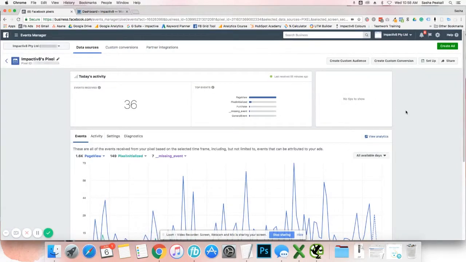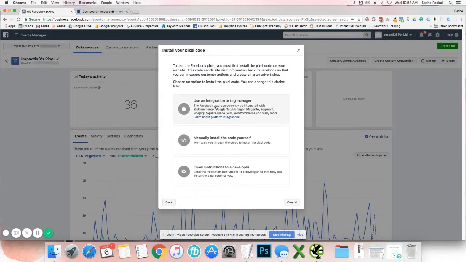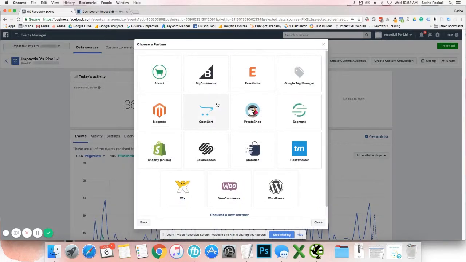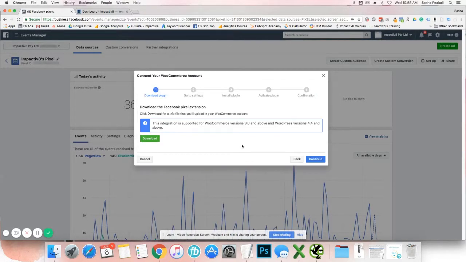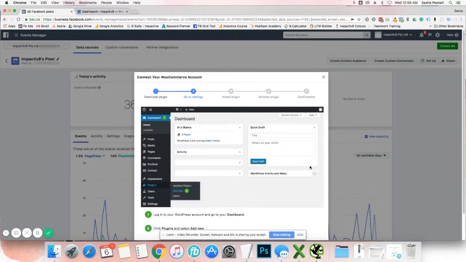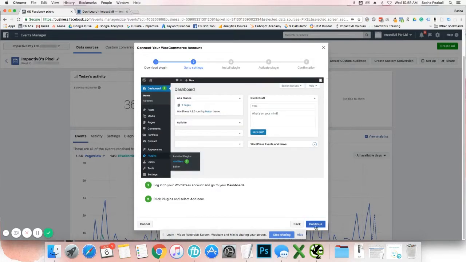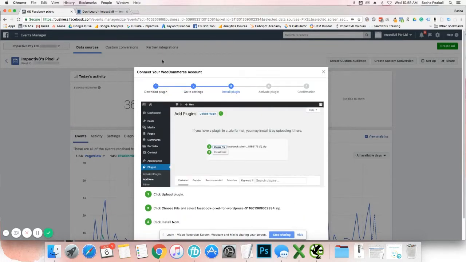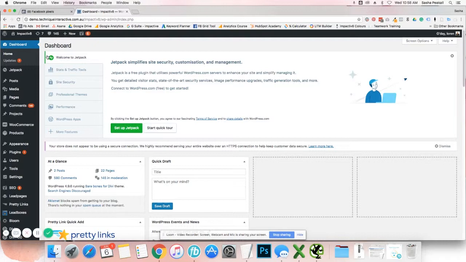Now to set up your WooCommerce integration, you need to click on the Setup button, select Use an Integration or Tag Manager, and then select WooCommerce. And now it's going to prompt you to download this plugin, which you'll then have to install on your WordPress website. So go ahead and download that and then log in to your WordPress website, navigate to Plugins, Add New,